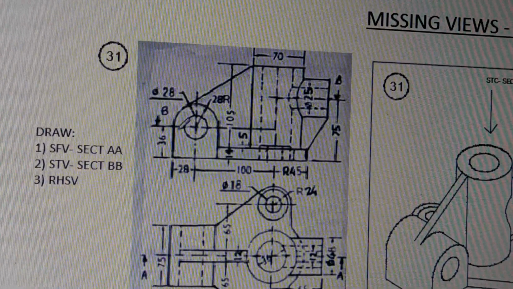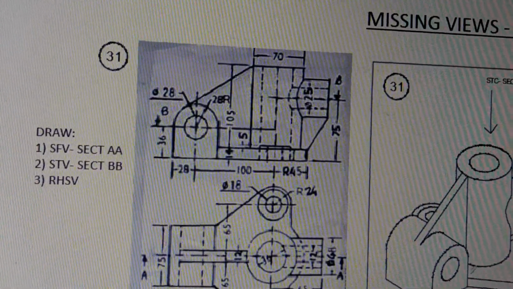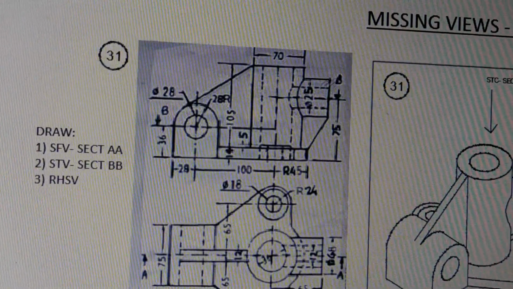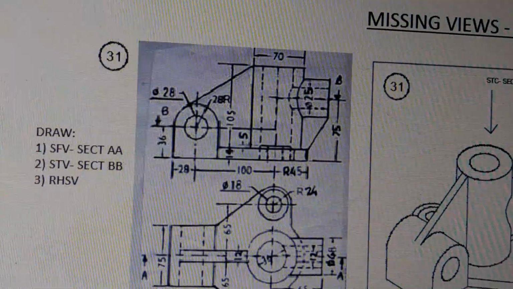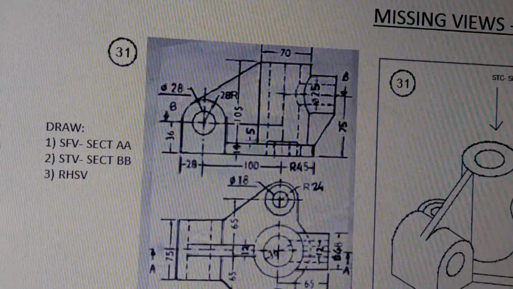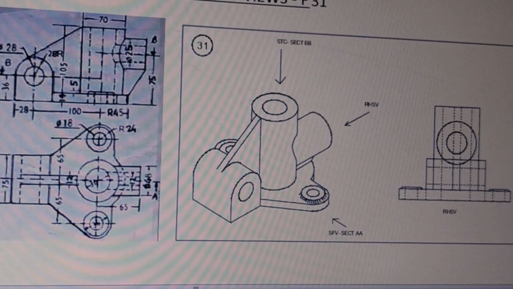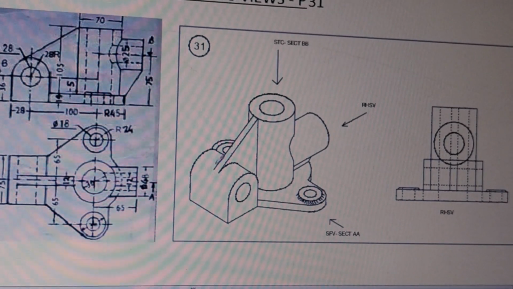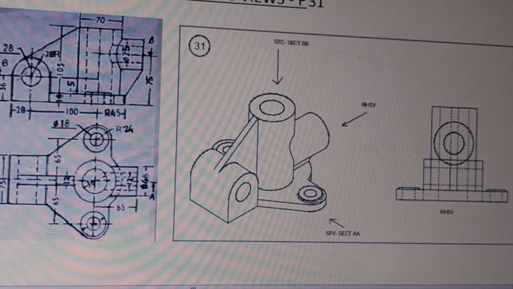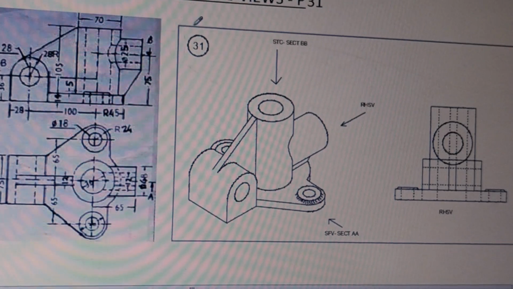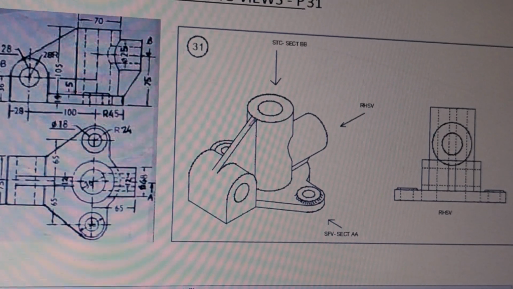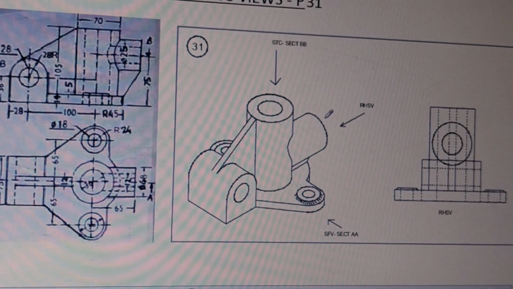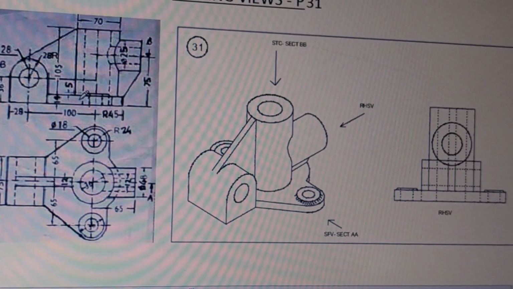So now you can explain here that this part is here, this vertical cylinder is this vertical cylinder, this horizontal cylinder is this horizontal cylinder. I'll just show you again. So now you can see that this is this part, this left side is this one. Then the vertical cylinder here, this is the vertical cylinder. Then there is a horizontal cylinder here, which is this horizontal cylinder. Then there is a base.